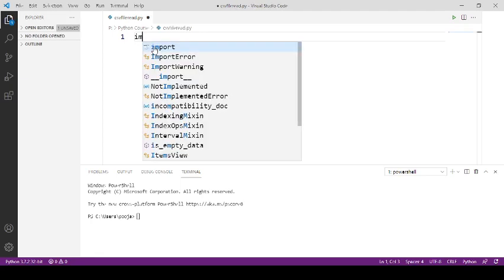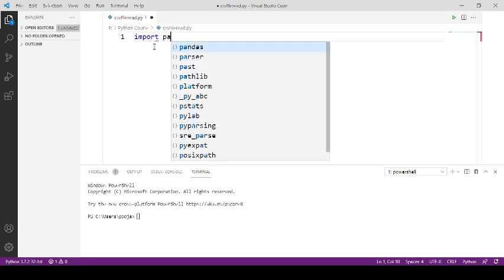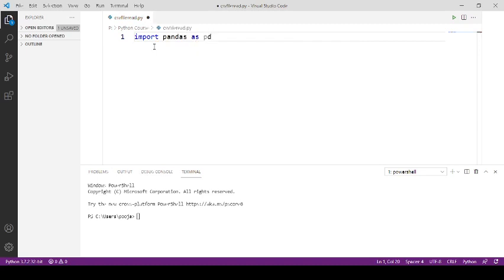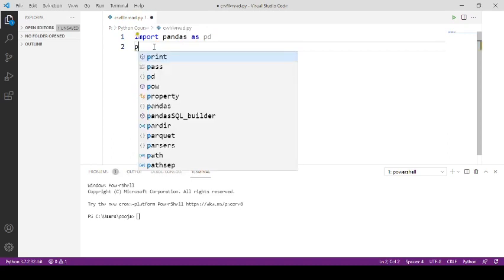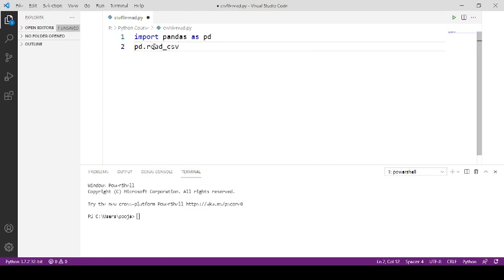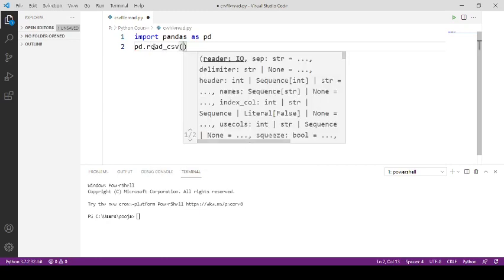First of all, we need to import pandas. So I am giving aliasing as PD. We will refer pandas as PD in our code. So pandas provide function to read CSV file and that function name is read CSV. Inside parenthesis you need to specify the location of CSV file.